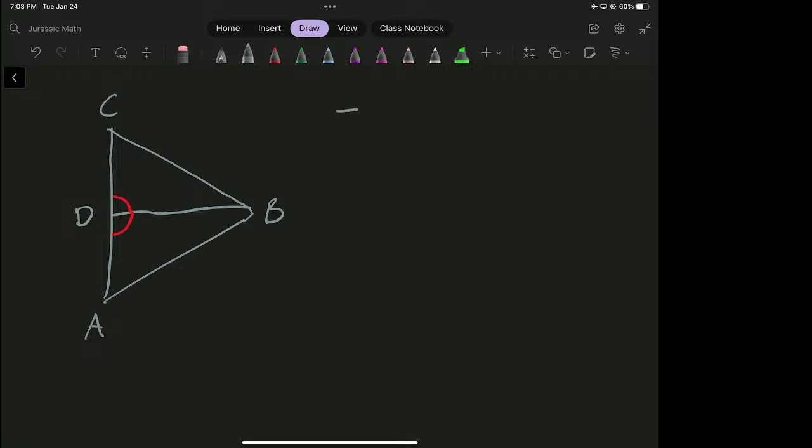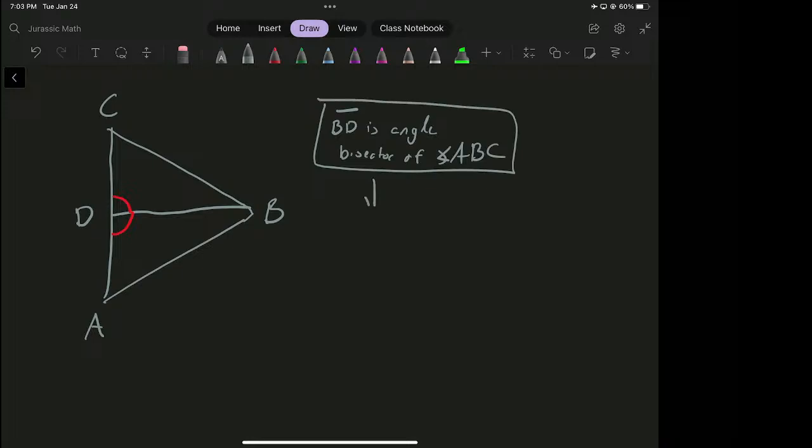So the very top box is going to be BD is angle bisector of angle ABC. Boom. That's always going to be your first box, is whatever is written. That leads into,